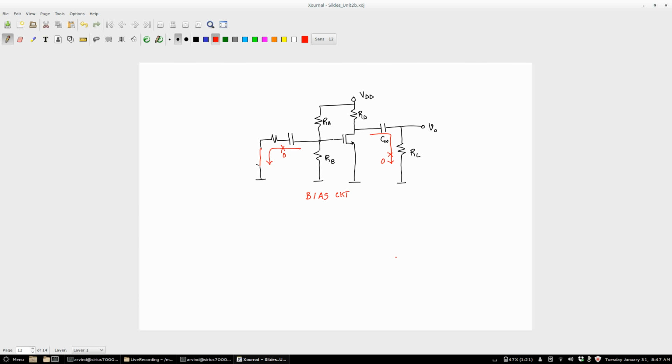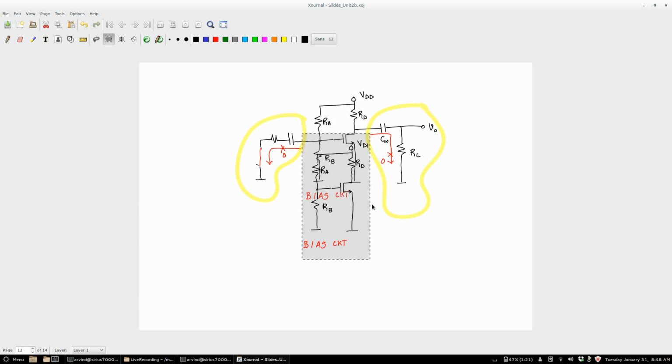So in principle for the bias circuit, what you should do is only remove the base, right? That is your exact bucket. However, what I have told you is that these capacitors have been designed such that bias current through this is 0 and bias through this is 0. That's how we design these capacitors, right? So you can think of these capacitors as two things. One is it's just filtering out the DC, or you can think of them as capacitors which have got charged to the DC value and hence not allowing any DC current to flow. It's essentially that the filter actually works, right? It's another way of looking at it.